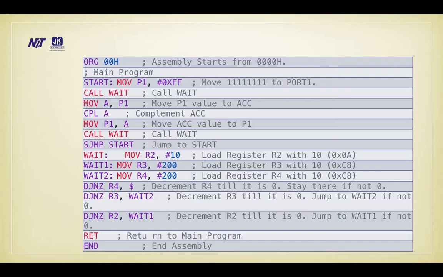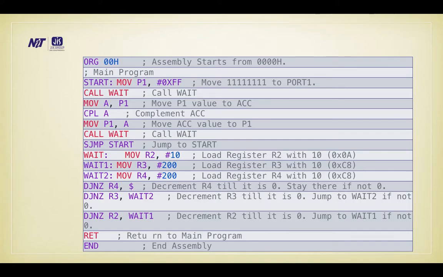WAIT: MOV R2, #10. Load register R2 with 10. Then WAIT1: MOV R3, #200. Load register R3 with 200, that is 0C8H. WAIT2: MOV R4, #200.